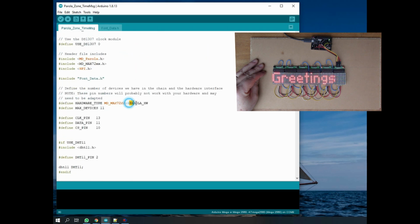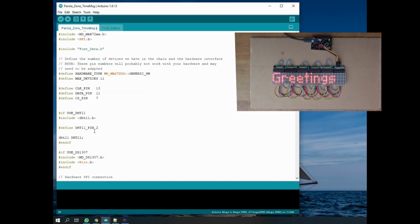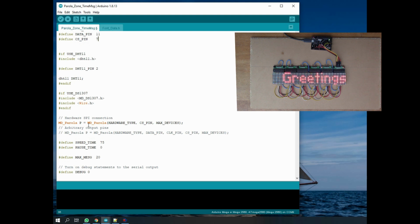Right, so we have to make a few small changes in here. So again, we'll change this to generic. And our chip select is pin 7 rather than 10. This is the MOSI and S clock, but we don't really need those because in actual fact it just passes in the CS pin, and the others are default. You see there's this other format that's been commented out that allows you to customize all the pins,